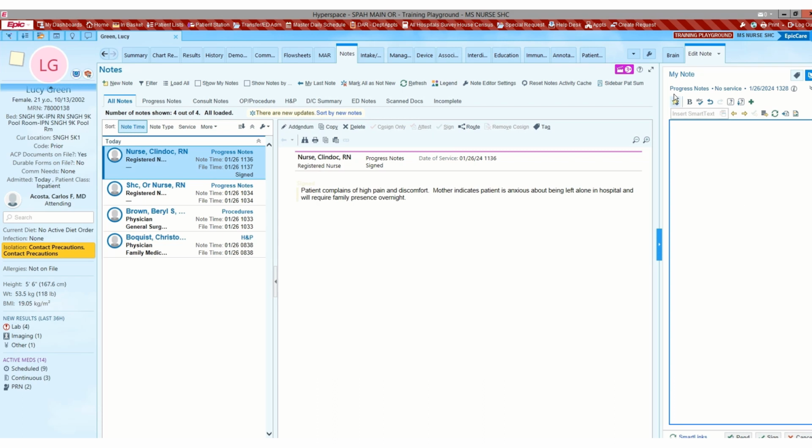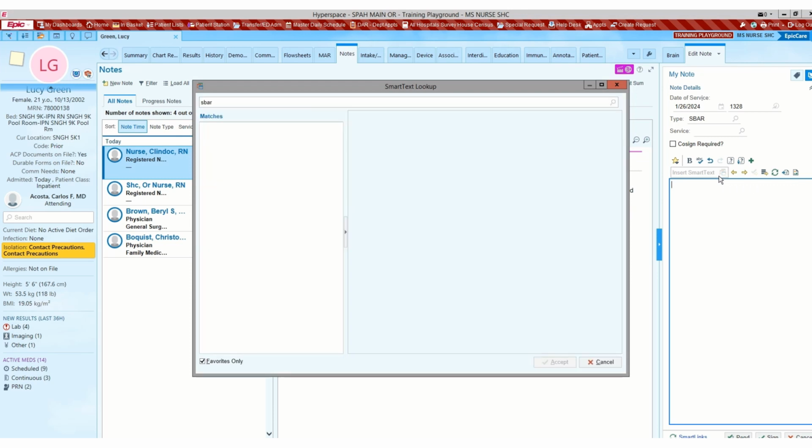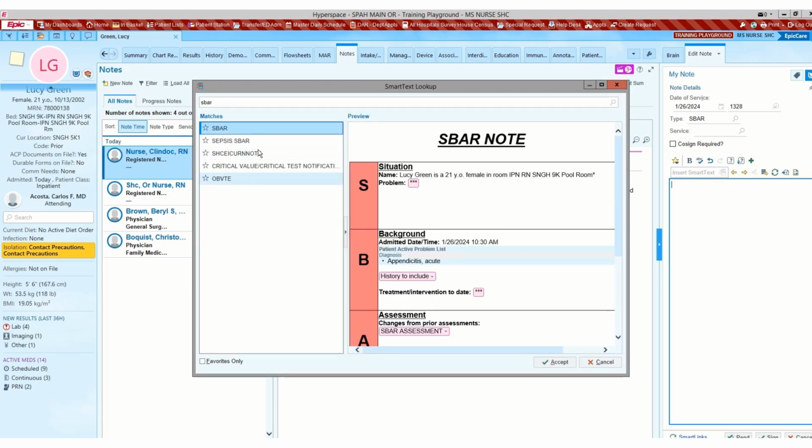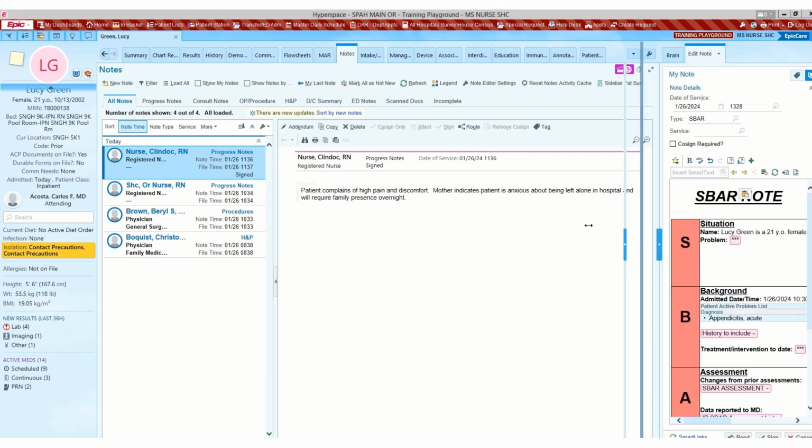The last kind of note I want to cover is an SBAR note. If you're typing in SBAR, SBAR is a type, and you type SBAR in this little box, not a dot phrase. There's a couple different ones. There's a sepsis SBAR and a regular. And that's just going to bring in this